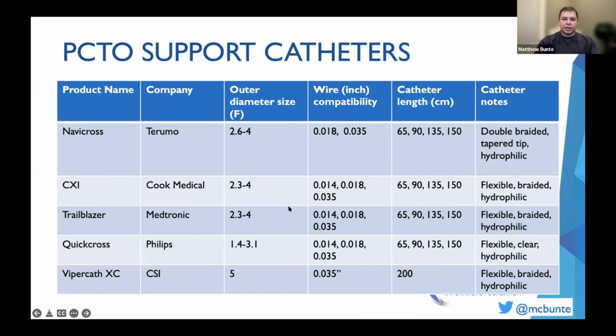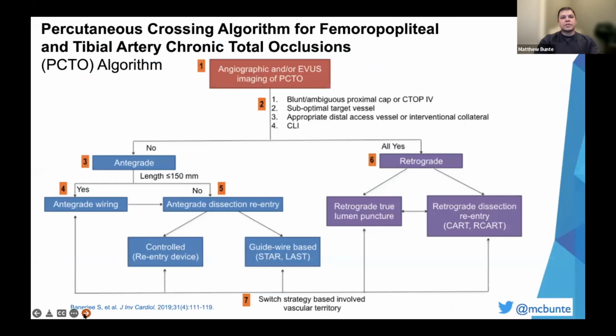I'll just point out that the braided hydrophilic catheters tend to, in my practice, be the more effective options. And then I've also come to appreciate the 200 centimeter Viper cath, which is a long microcatheter that can be helpful for radial interventions. So to summarize, we have this percutaneous crossing algorithm for femoropopliteal and tibial artery CTOs, and